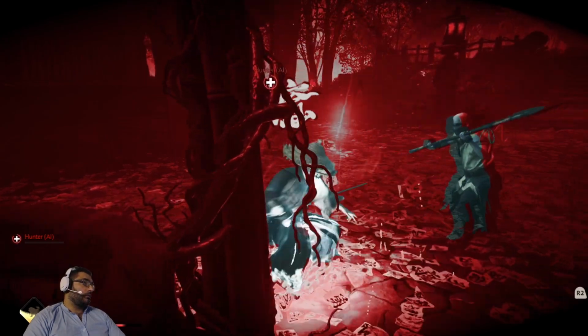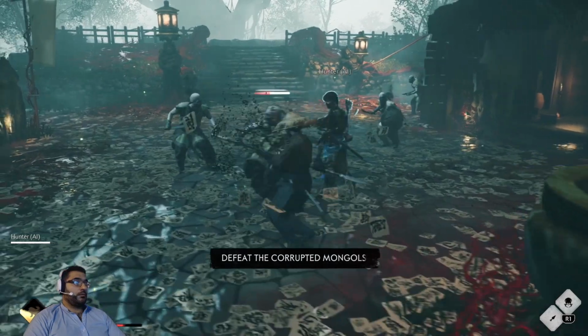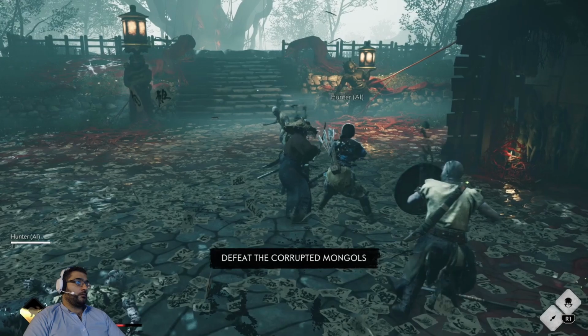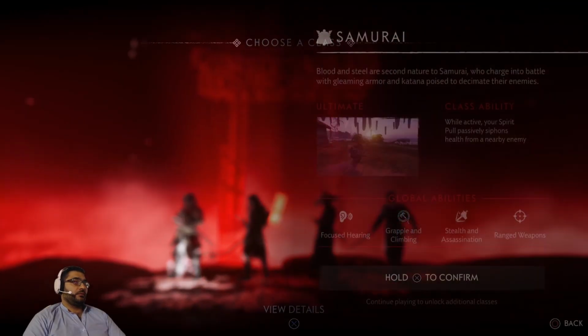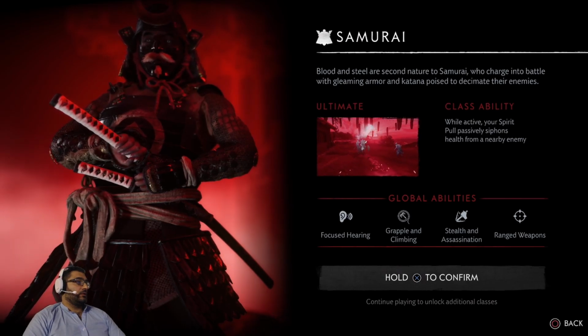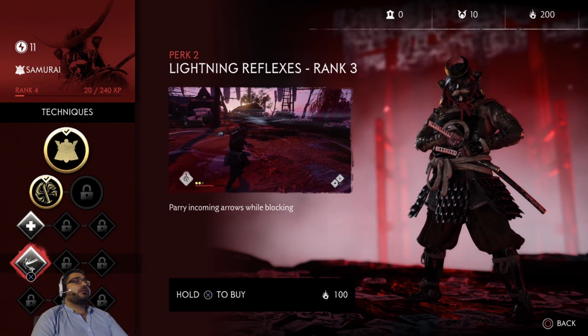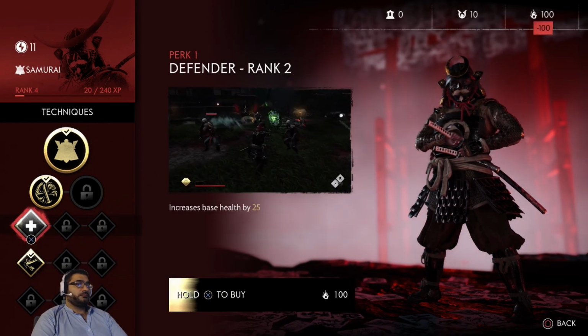Each class has an active ability as well as an ultimate ability, which can be used either offensively or defensively depending on what class you select. Note that after you select a class, you can unlock the other classes as well as you progress through the game. Every class has a unique skill tree with different abilities being unlocked at different ranks,